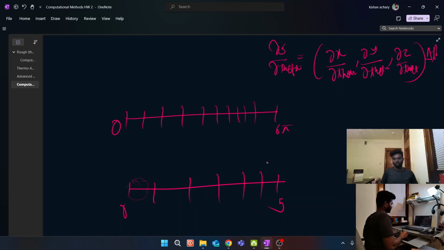Okay, so how many differences do you get? 1 2 3 4 5 6. Okay, for 5 points you are getting